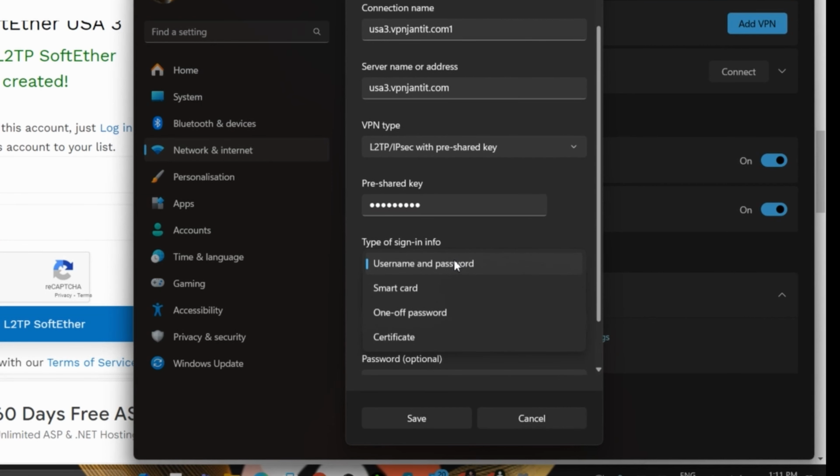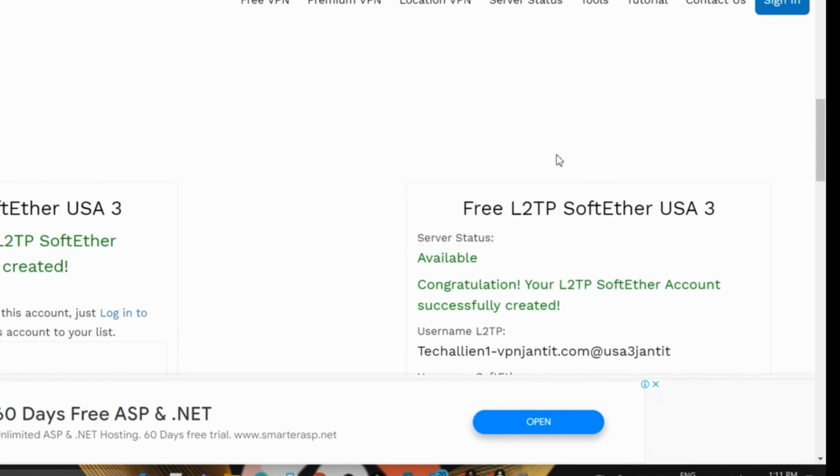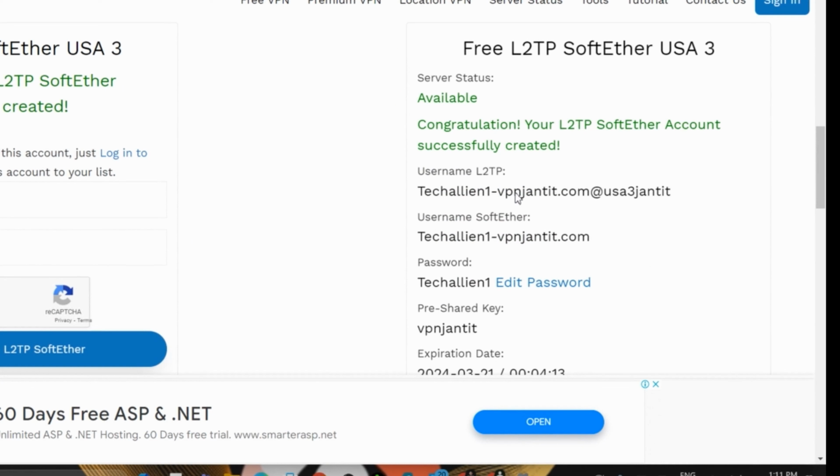Now in here, we'll be selecting this option. There are many options here, but all we'll be choosing is the username and password section to sign in with our username and password. So for us to generate our username, we have to head over to the configuration section and then select this username. We can see we have our username here, and we also have 2 usernames. If this did not work, you can then select the second username. For the first one, we'll be selecting the first username. Copy the first username